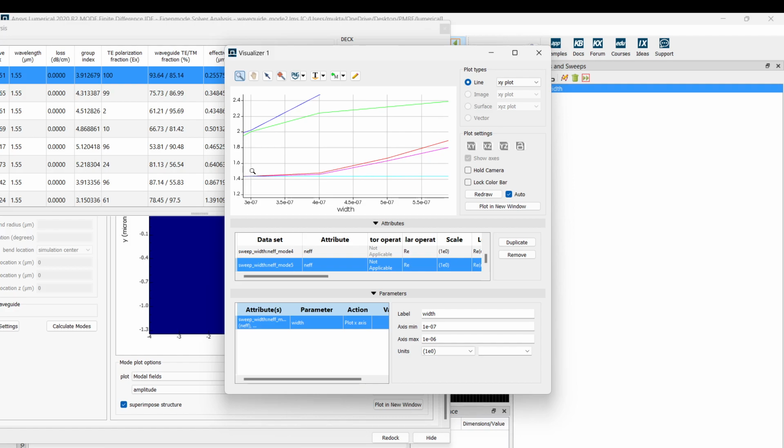So the 1.5 line will be somewhere here. At 400, the first order modes are below 1.5, but at 450 width, they have crossed the 1.5. So one of them is the first order TE, second one is the first order TM. So our waveguide width has to be lesser than 450 nanometers. So for safety, we'll say let it be 400 nanometers.